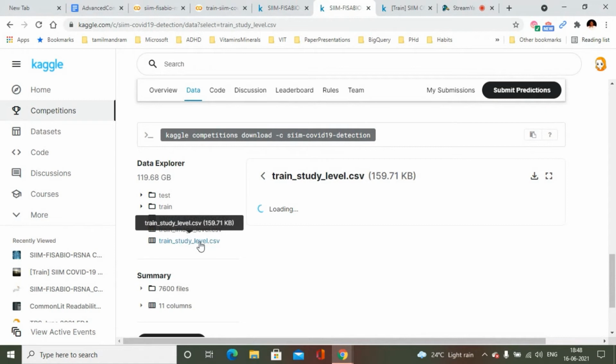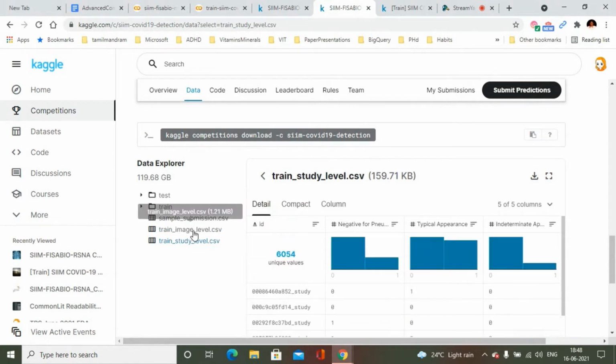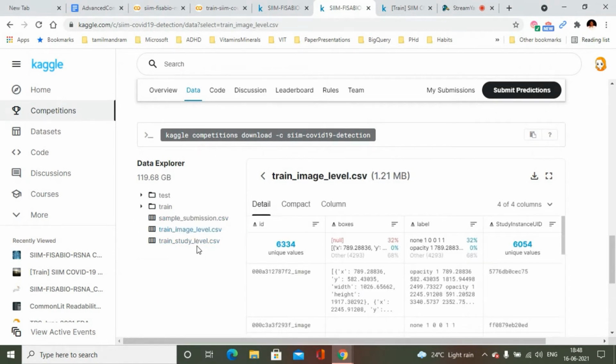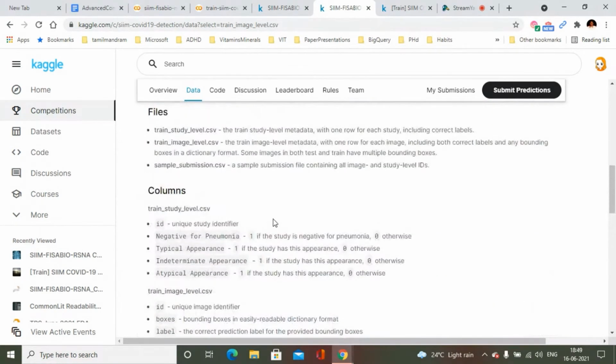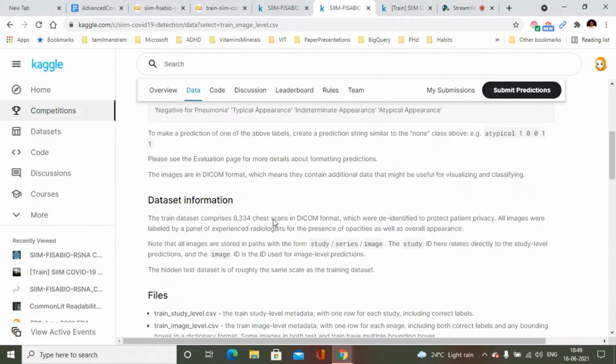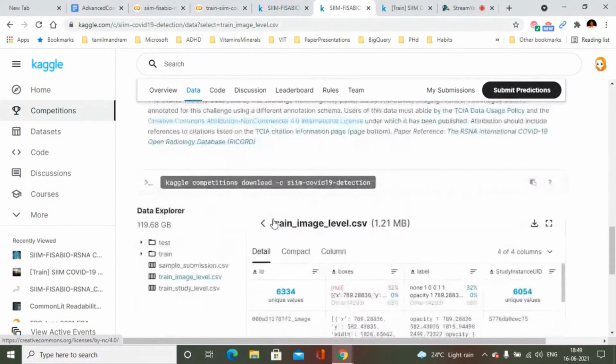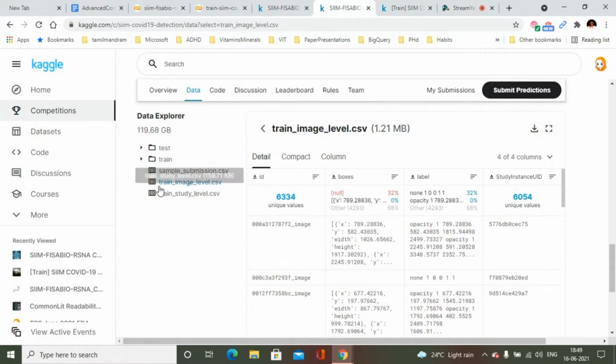We've got a couple of CSV files. These CSV files are the metadata. We have a study level CSV file and image level CSV files. At the image level, it's an object detection problem, so the image level has all the bounding boxes and related details.